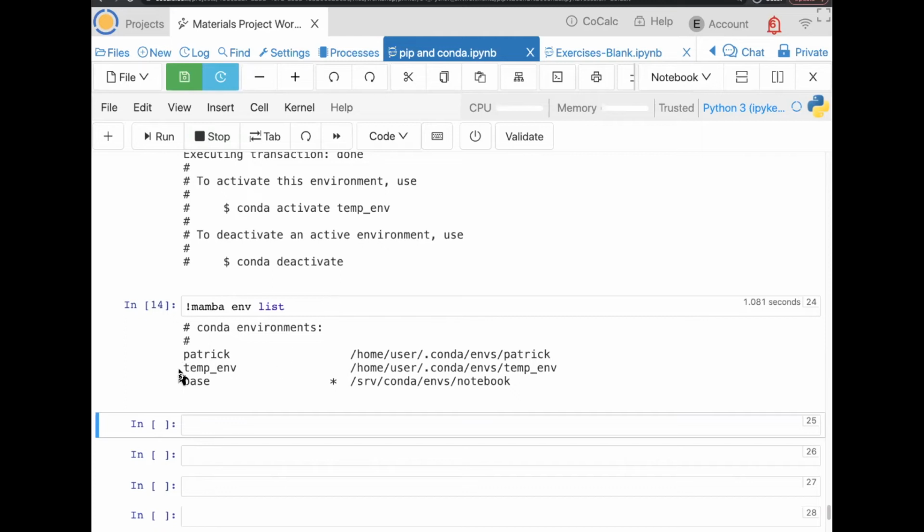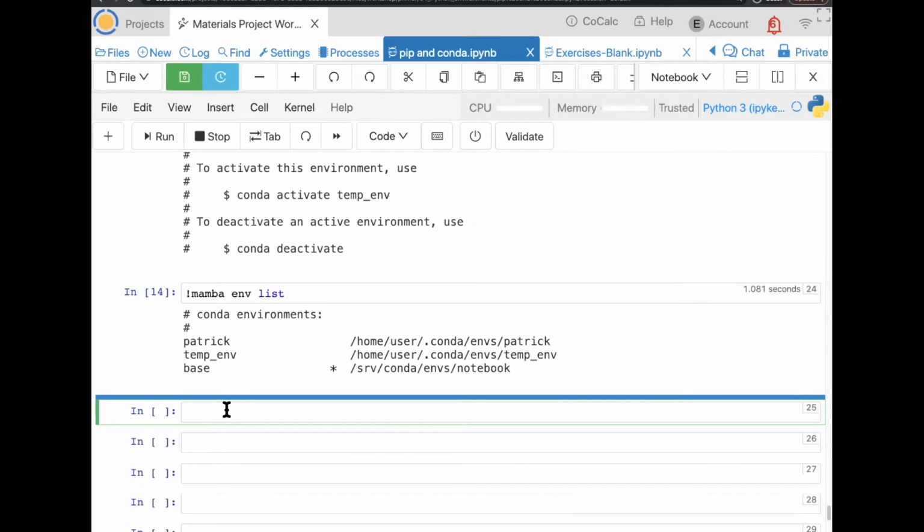And we can see now, on top of our previous two, the base environment and the Patrick environment, we now have a temporary environment as well. We notice that the asterisk is still on the base environment because, of course, we have done nothing to activate our environment right here. So in order to use our environment, we need to make sure we activate it. In order to do that, we need to learn